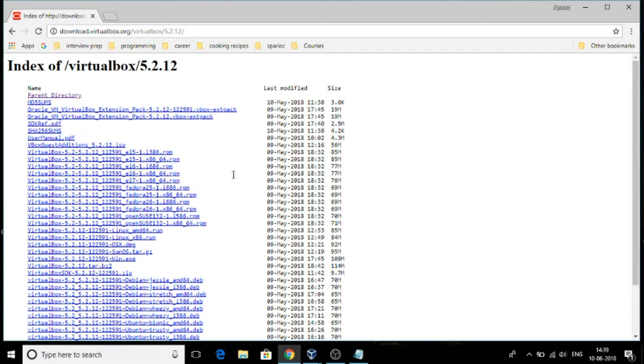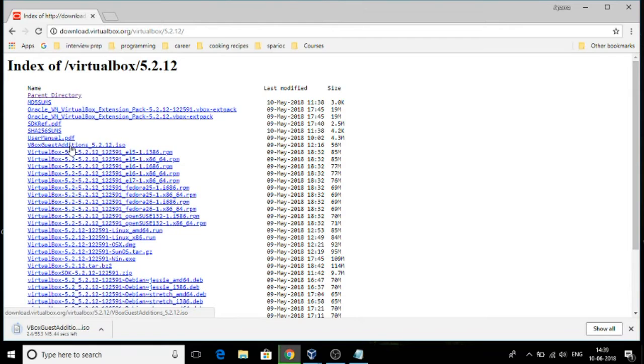VirtualBox guest additions. Where is the VirtualBox? Yeah, here it is. VirtualBox guest additions 5.2.12. Click that, and okay, it has started downloading the ISO file. Okay, let us download that, and then